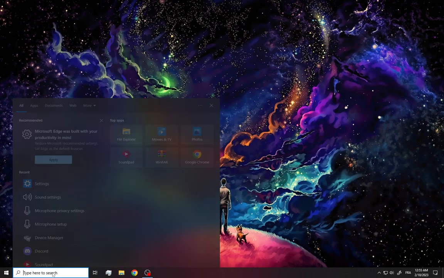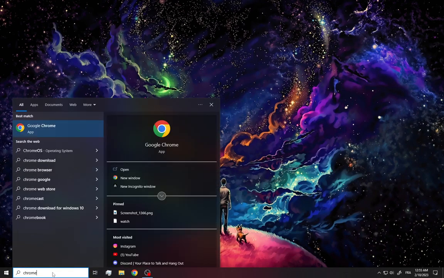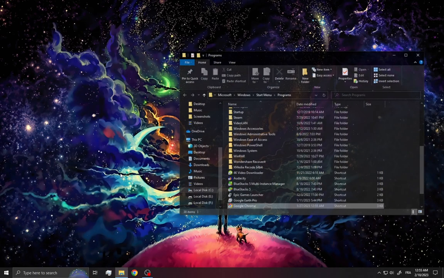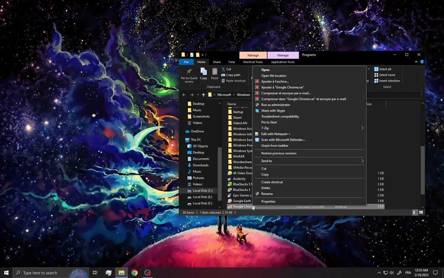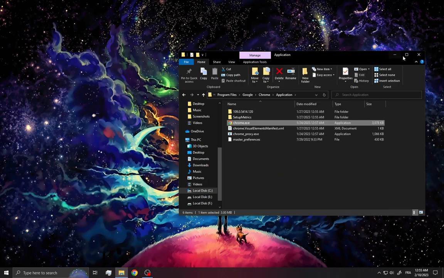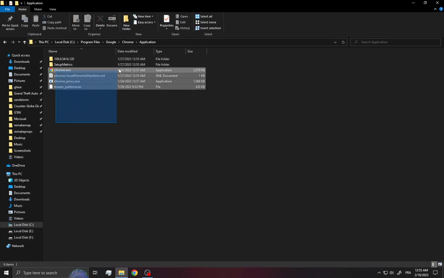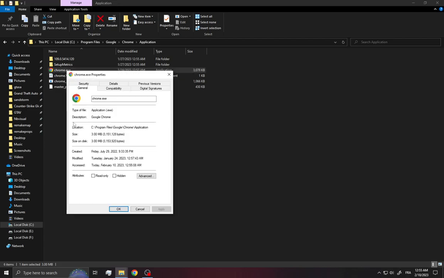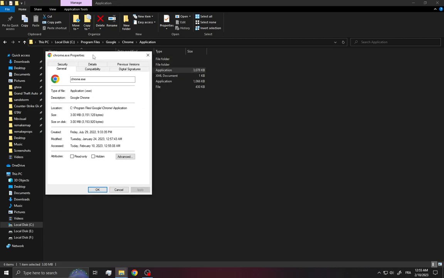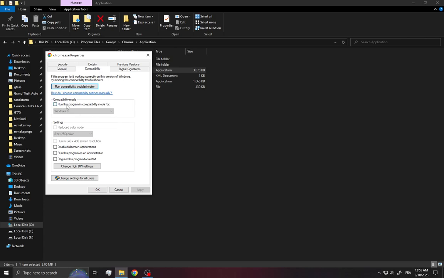And then search for Chrome. Click on your right mouse, click on open file location, click again on your right mouse, open file location, and you will find these files. Click on your right mouse on Chrome, choose properties, and now go into compatibility, enable this option, choose Windows 8, apply and OK, and then also after you do that,